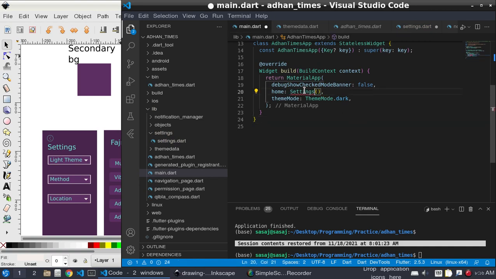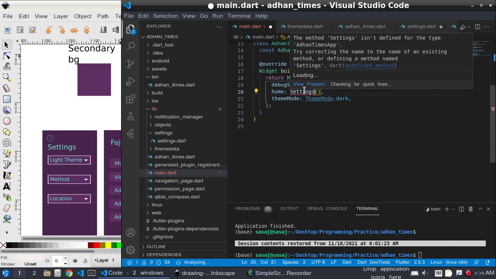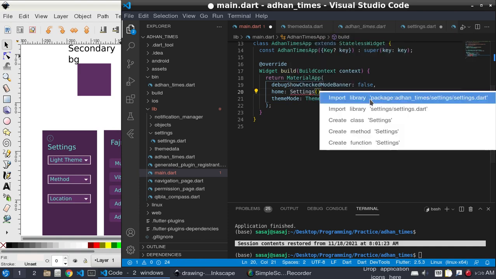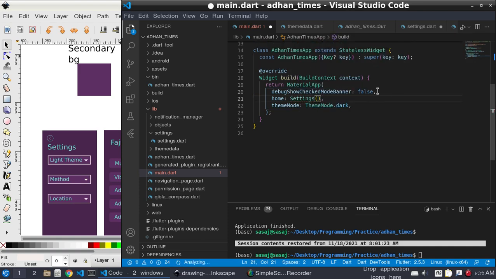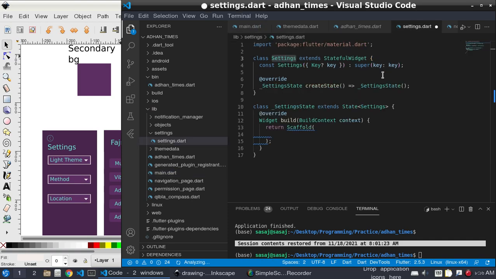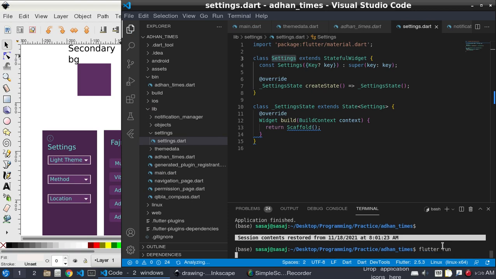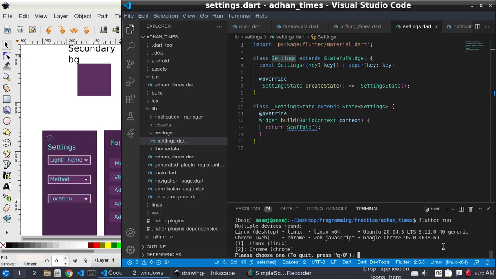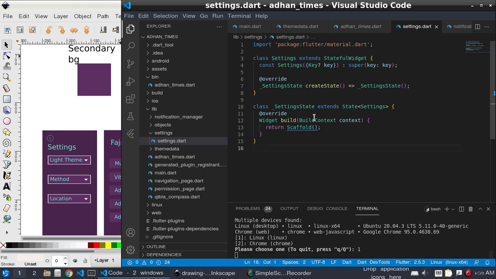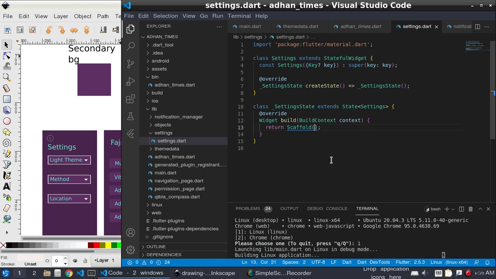In main.dart home, import the settings, save here, and run flutter run and choose a device. Inside the scaffold, before the scaffold, we will declare a final color, background primary color